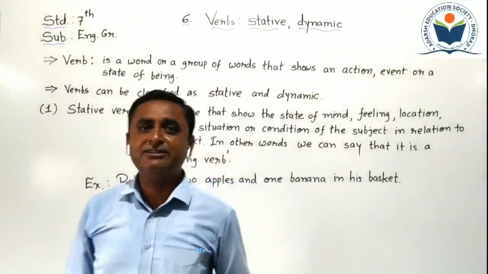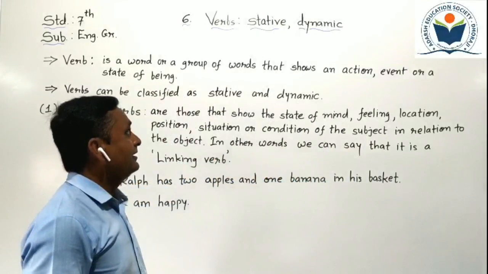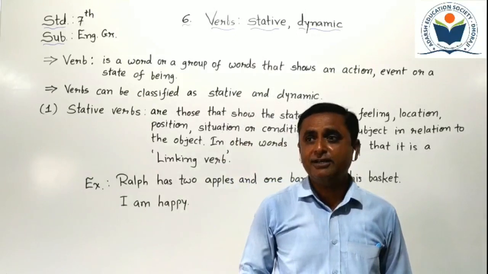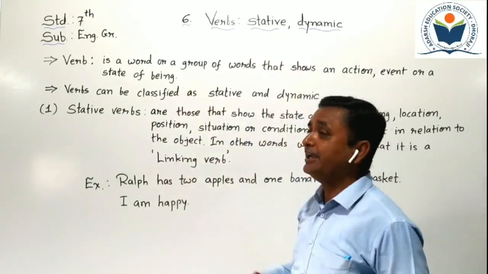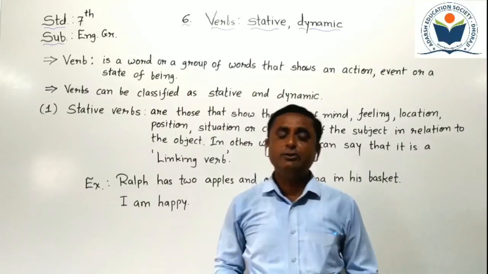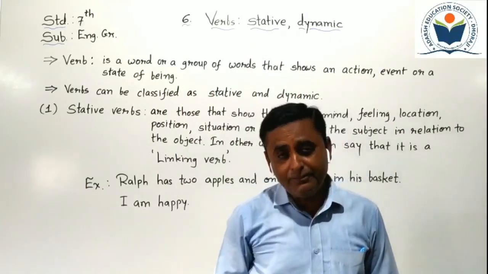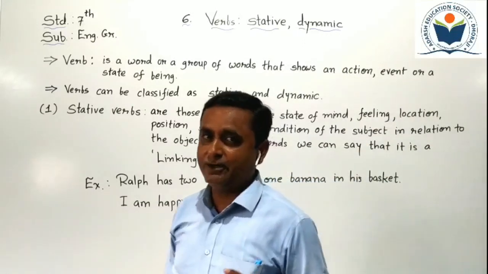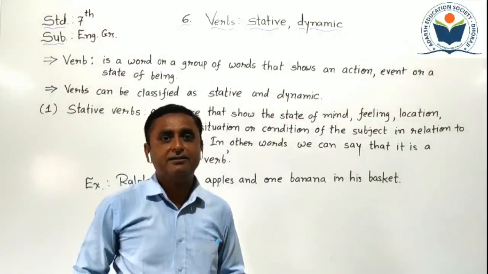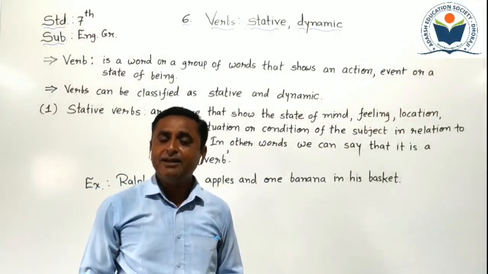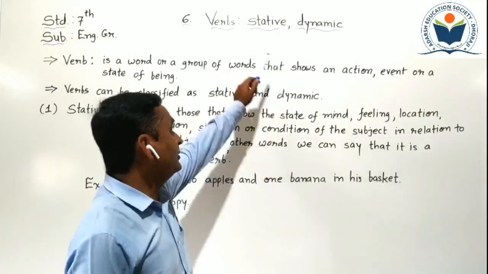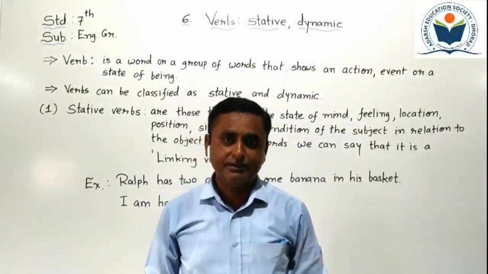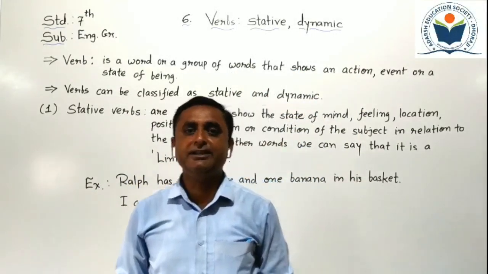As you learned in our 6th standard English grammar textbook, there are mainly two types of verbs in our English grammar. First one is stative and second one is dynamic. Stative is also known as a linking verb and dynamic means action verb. We already studied these two types of verb in our 6th standard grammar book: linking verb and action verb. Linking verb is known as a stative and action verb is known as a dynamic. So both types of verb we have to see here in this lesson.